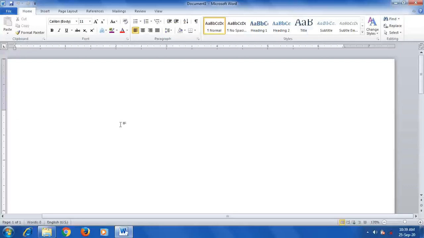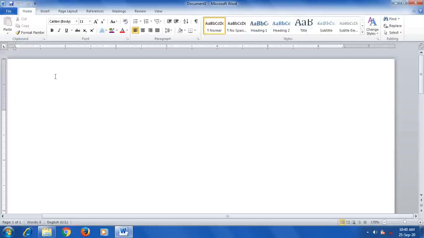To perform any action on the text, what action? That is given here. Like copying, if you want to copy the text from one place to another place, moving, if you want to move the text from one place to another place, deleting or formatting, you need to select the text. So here they are given why to select the text: to copy, to move, to delete, to format. So text has to be selected.